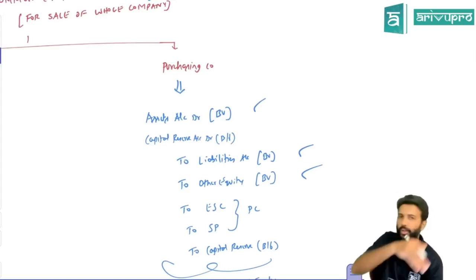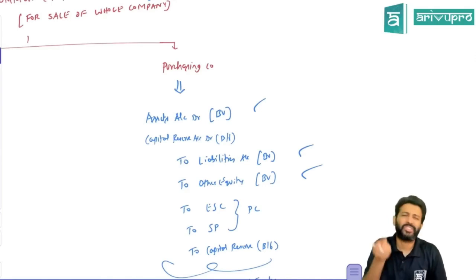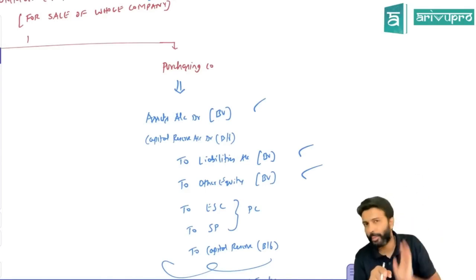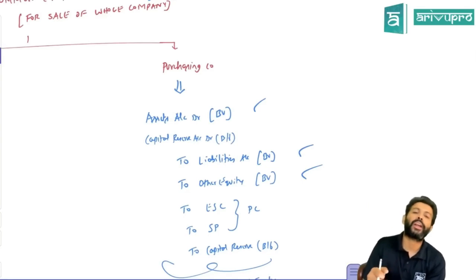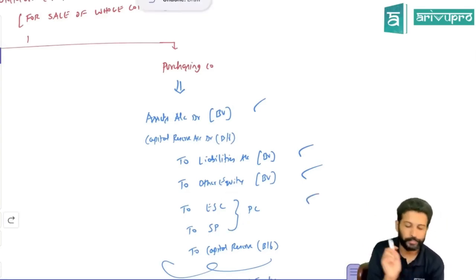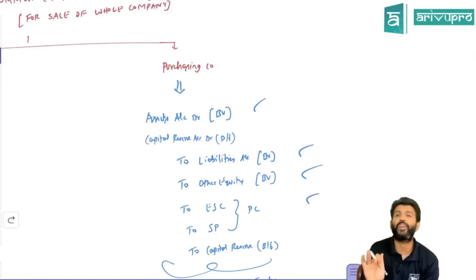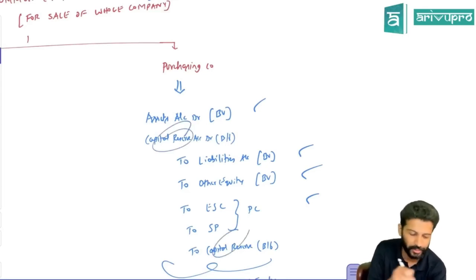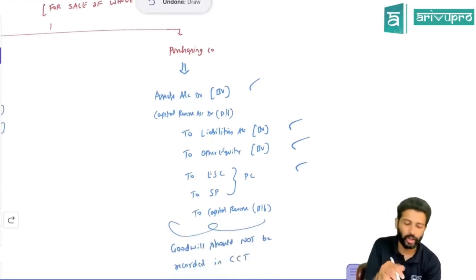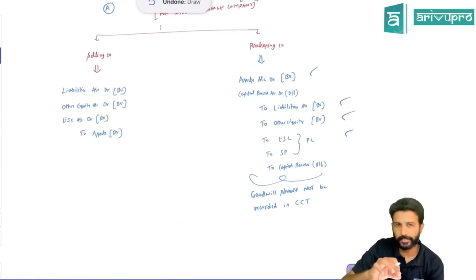Then, to acquire this company, they would have paid PC, right? Generally in these sorts of transactions, because it's a common control transaction, PC will be given mostly in the form of shares only. So you'll write to equity share capital, to securities premium, the PC portion. The balancing figure is either goodwill or capital reserve. No, you can't write goodwill because it's still a common control transaction. So for the balancing figure, you will debit capital reserve itself. Goodwill should never be used in a common control transaction. Keep that in mind. So that's about this.